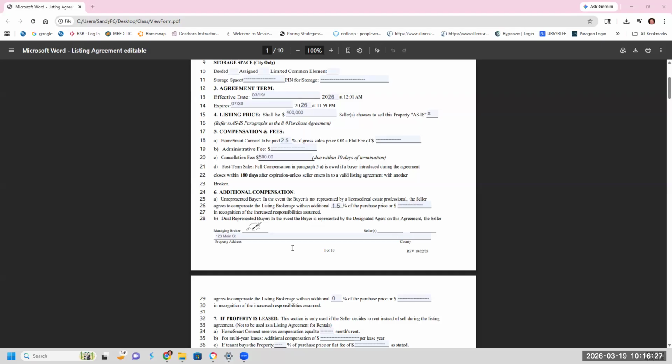Under dual agency, you can't advise the buyer how much to offer on the house. If you treat it as no agency and that unrepresented buyer comes, you can still advise the seller how much he can get for his house and how he should counter that unrepresented buyer's offer.